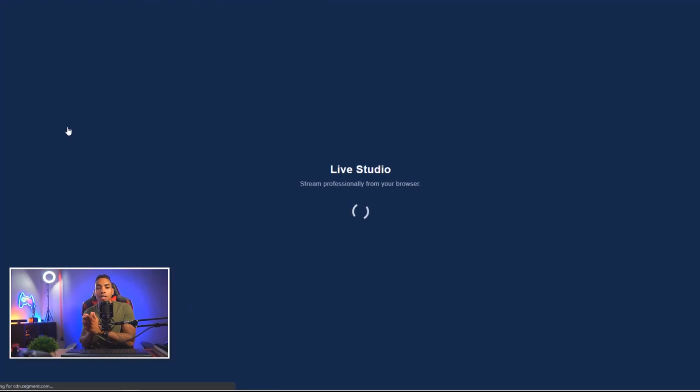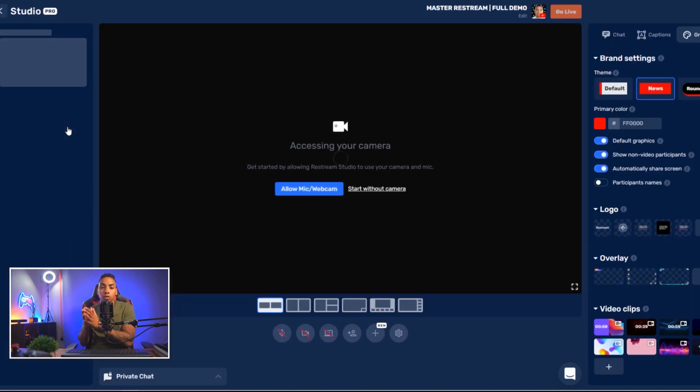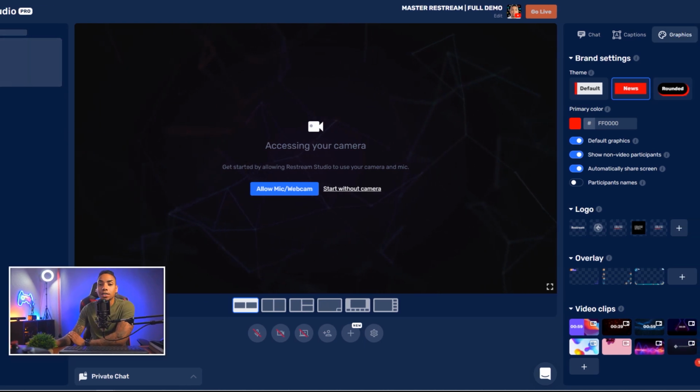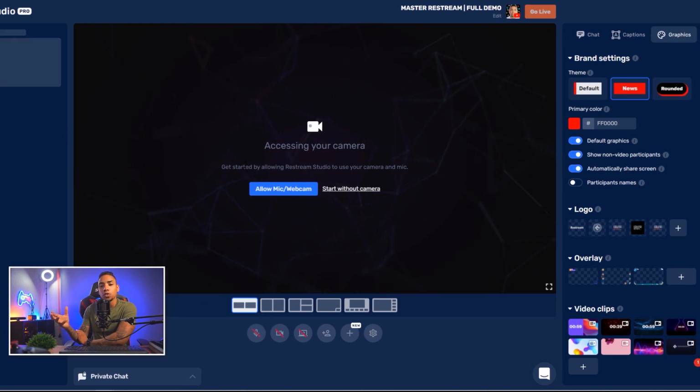This is going to be the editor that you're going to be able to use not only to manage your live streams, but to also customize it using your web browser. So really quick, you can see here that the interface for the Restream Studio is pretty nice. It's really easy to go ahead and navigate, but I'm going to show you here all the features that are